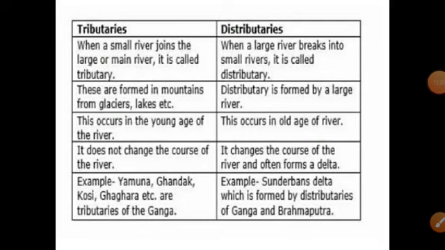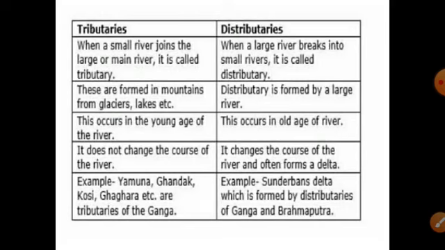Tributaries occur in the young age of the river, that is the starting point of the river. Next, distributaries occur in old age of the river, that is the ending point of the river. Tributaries do not change the course of the river. You studied in your 9th standard upper course, middle course and lower course.